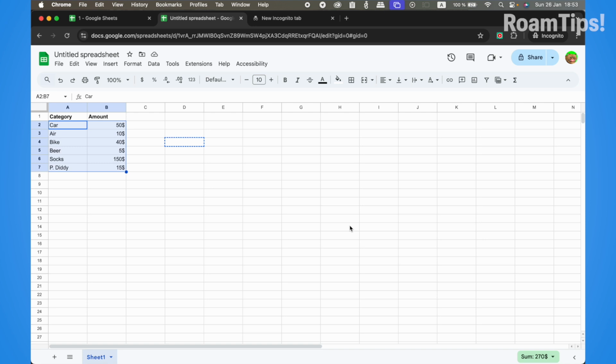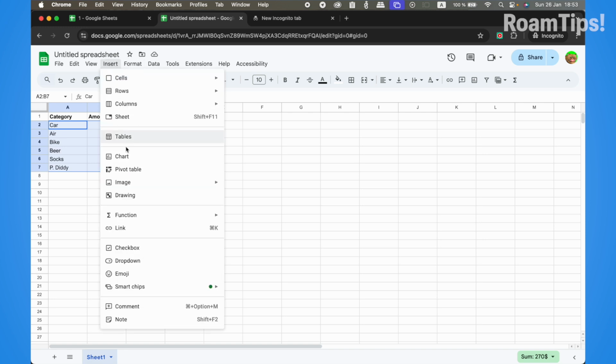Right. And first, open Google Sheets and create a new project or open your old project. Okay, open the project and click on this, and click on car and press Shift on your keyboard and select all category and all amount. And in the left corner, click on Insert, scroll down, click on Chart,